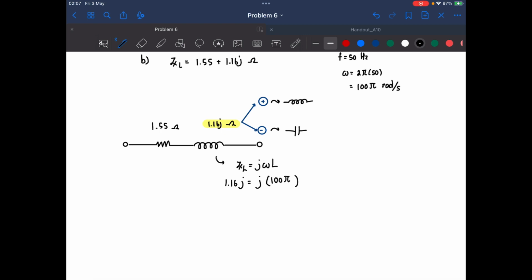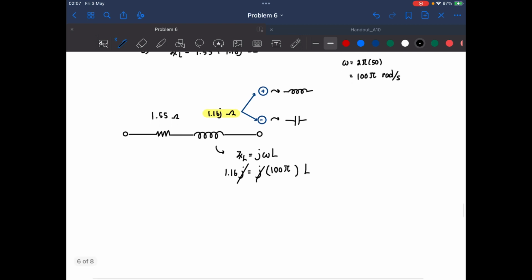And we want to know the L, so we leave it here, and after some calculation we will have the L is equal to 3.7